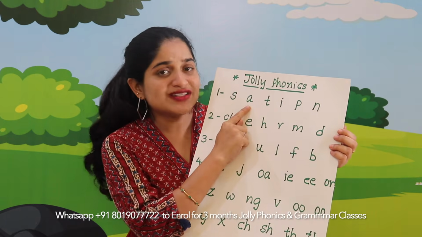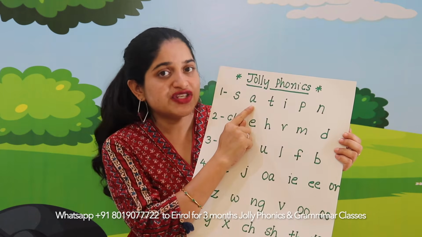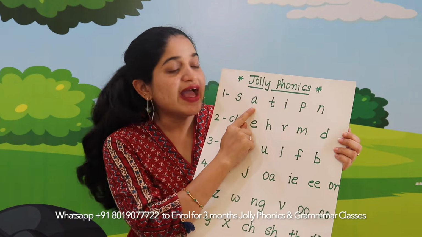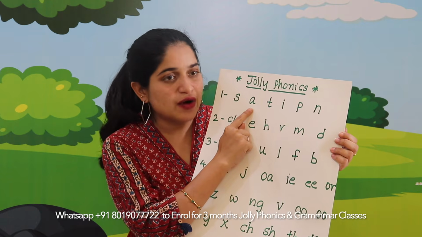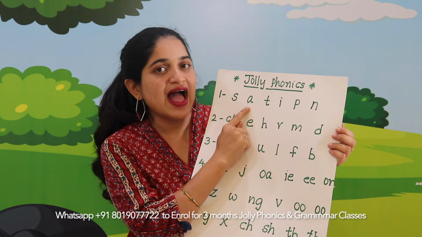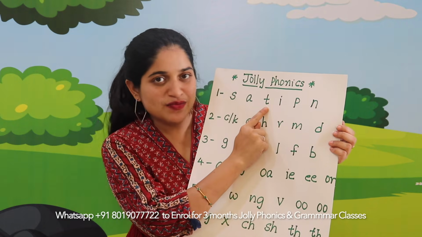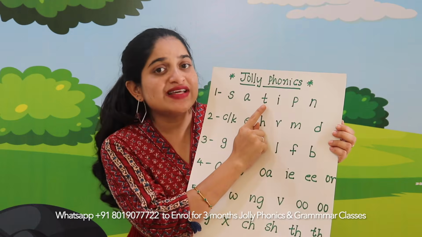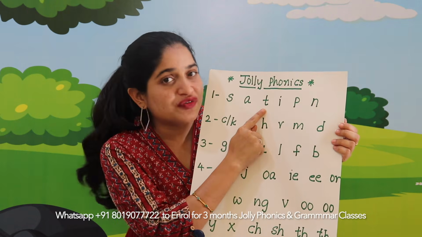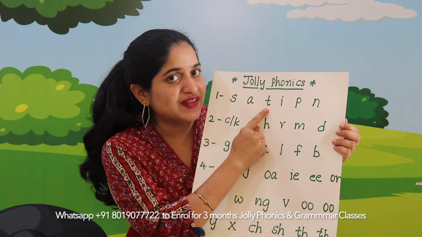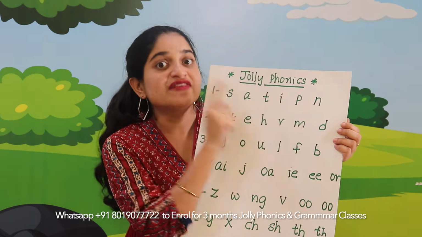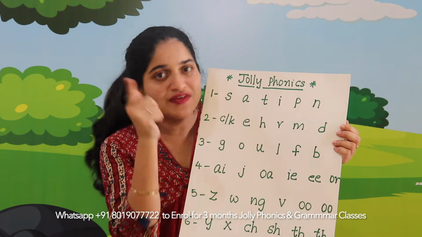Okay. And what is the phonic sound of this letter? The name of this letter is A. And the phonic sound of this letter is A, A. Now let's move on to the next alphabet. What is the name of this alphabet, children? Now I want you to say the name of this alphabet. The name of this alphabet is letter T. And the phonic sound of this alphabet is